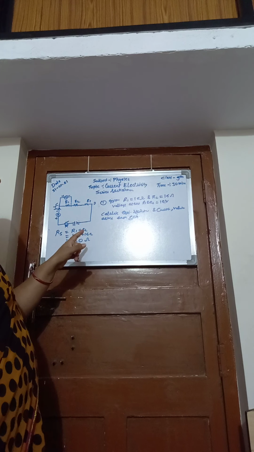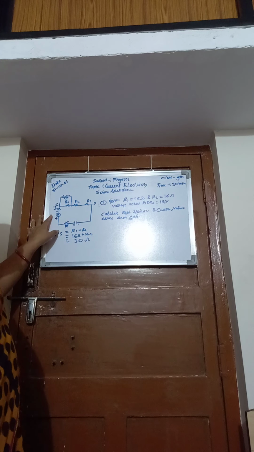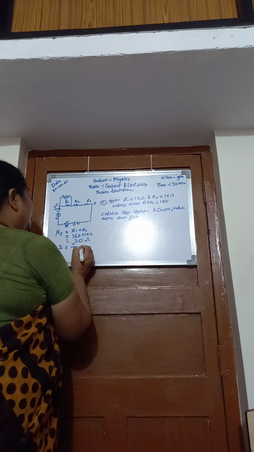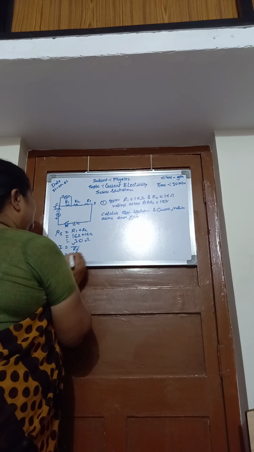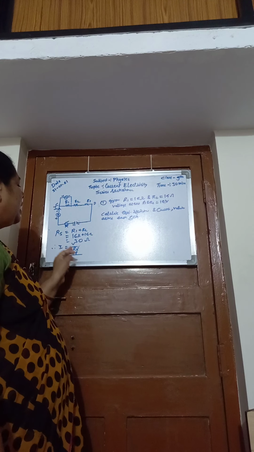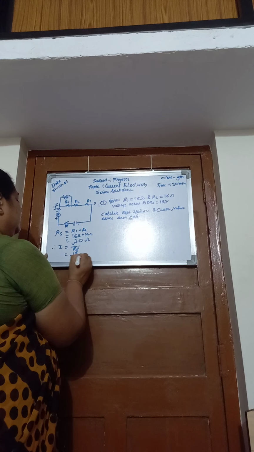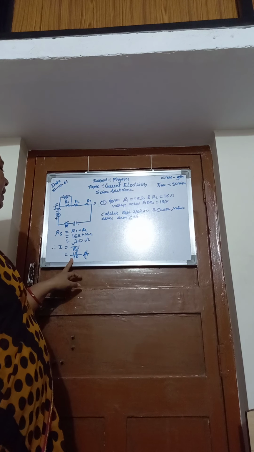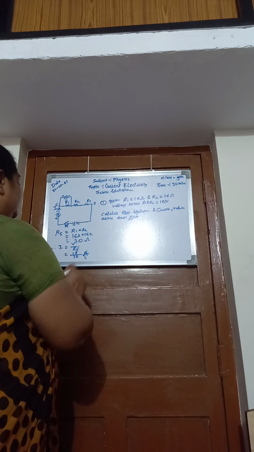Then we have to calculate current in the circuit, that is I. Therefore I equal to V by R, Ohm's law. What is the value of V? 18 upon equivalent resistance Rs. Take Rs here. I is equal to V upon Rs. 18 upon 30 ampere. We can calculate it as 18 upon 30 ampere.